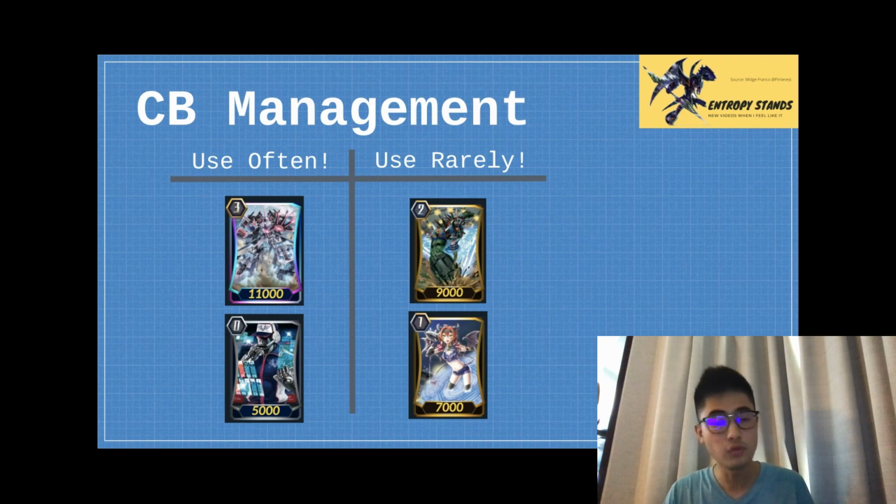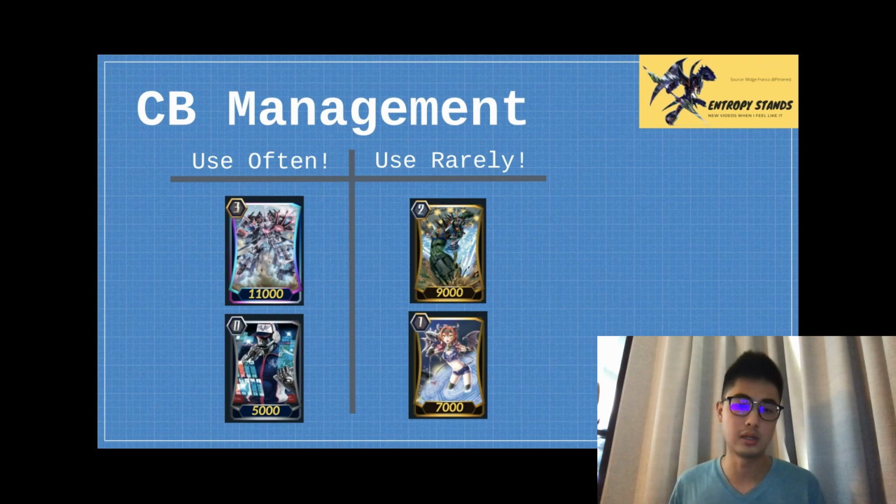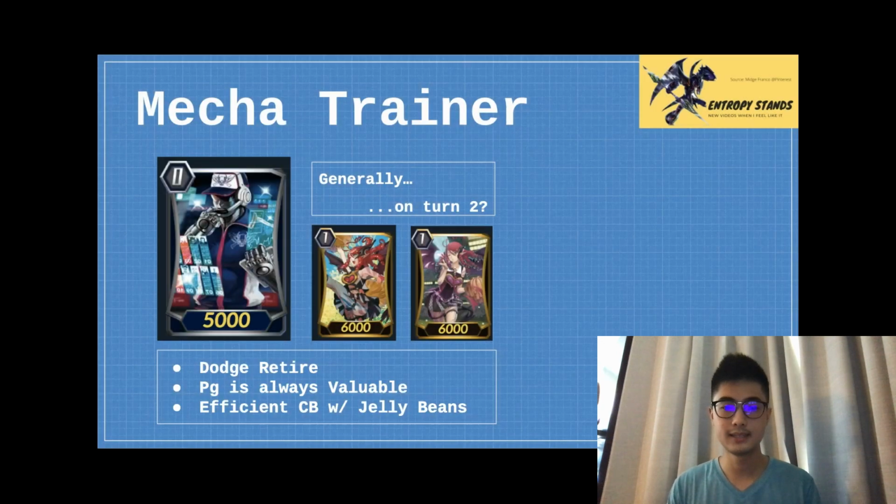are used rarely, really rarely, unless you don't have any other options. You really do need to hit the numbers to end the game. I wouldn't really use them, and I don't even use Dudley Daisy in the deck because of the counterblast management issue. So yeah, Mecha Trainer, we talked about Mecha Trainer just now, so I would generally suggest using Mecha Trainer